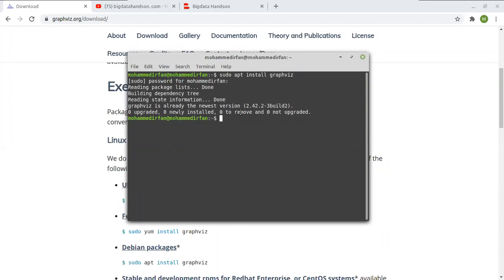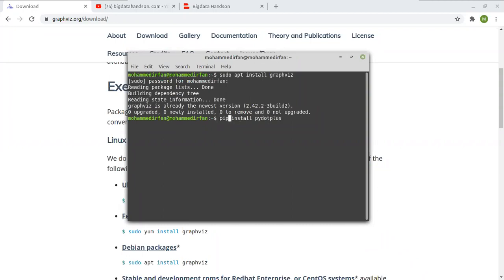To convert the dot files using Python code, we want a library for Python, that is pydotplus. So we want to install that. You need to open a terminal, or command prompt in Windows. After that you need to type pip install pydotplus.